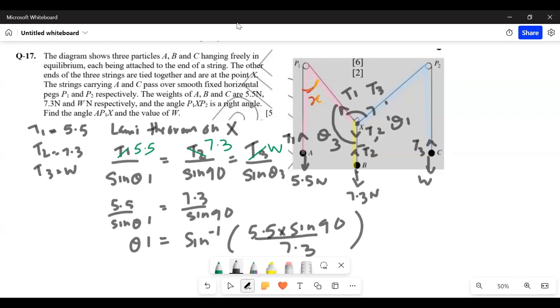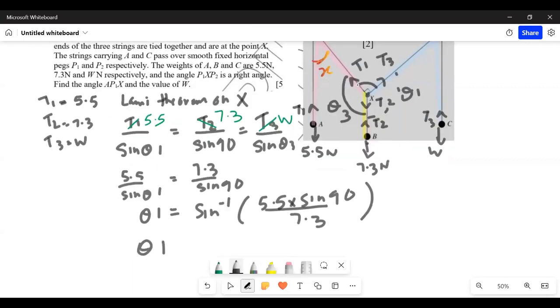0.73901. आपका फिर मुझे लगता है रेडियंस में है, डिग्री में करो। 48.8 आता है। ओके, सो θ1 आ गया 48.8।